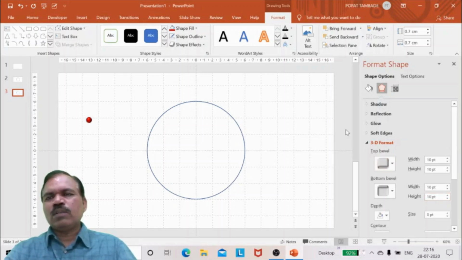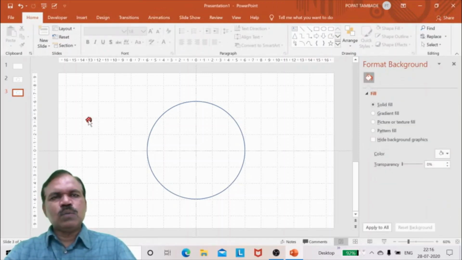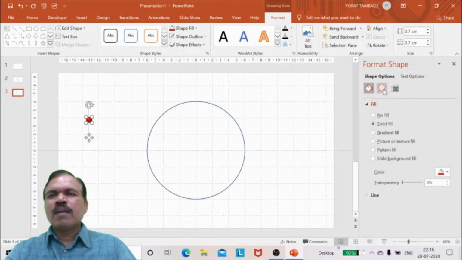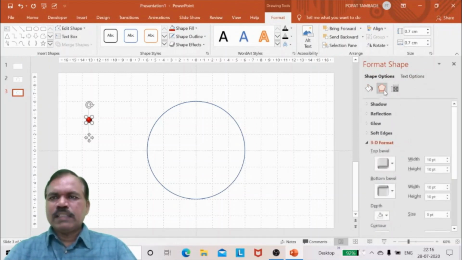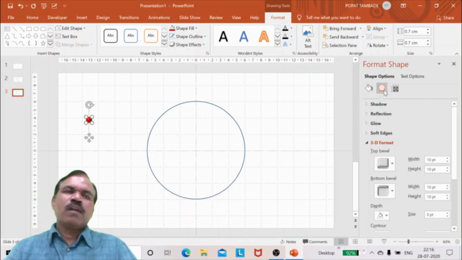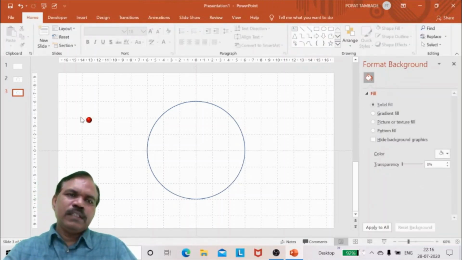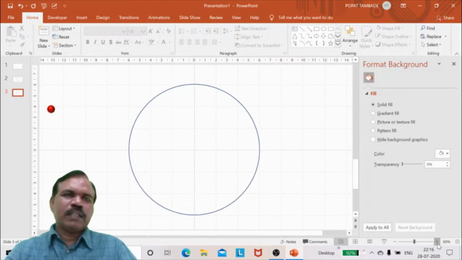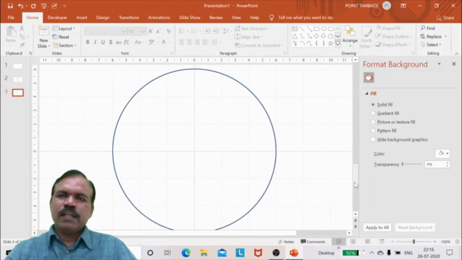So when we want to convert this into a spherical body, we have to multiply that 0.7 by 14.17. That I have already told you in earlier videos. So now if you see this, it looks like a sphere.